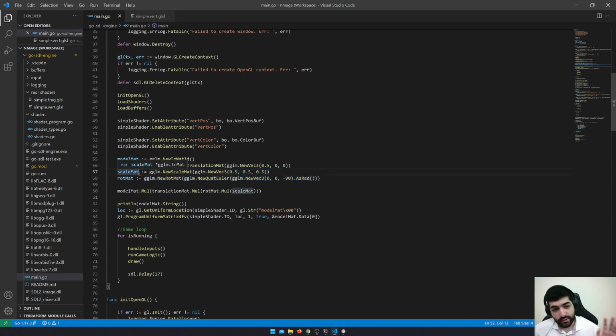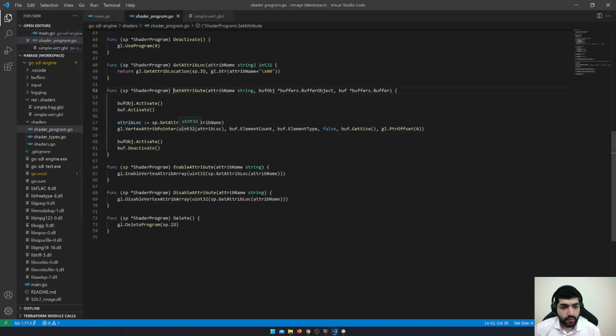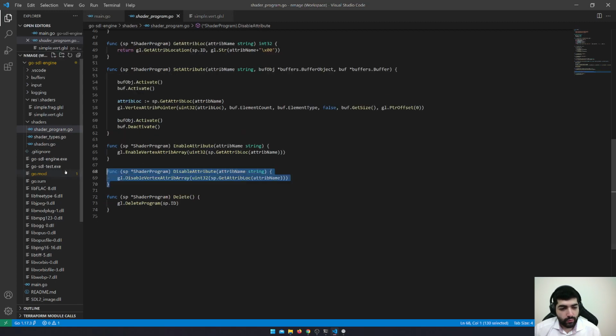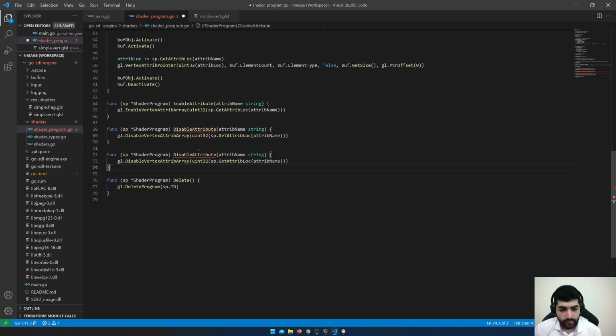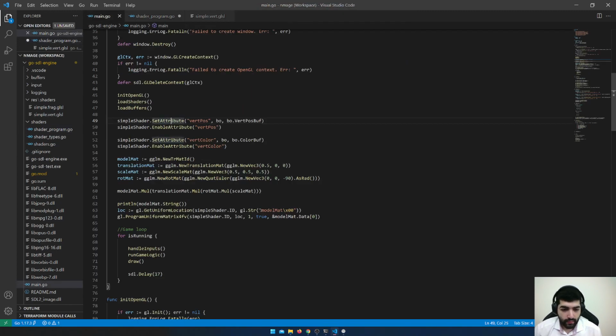So 3D object doesn't matter. We just multiply by this. We just need kind of to put this code on the shader itself. So I think on the shader object, shader program, just like we have set attribute, enable, we can have a, what do you call it? Set uniform. Let's follow the set uniform mat4 and we take a string